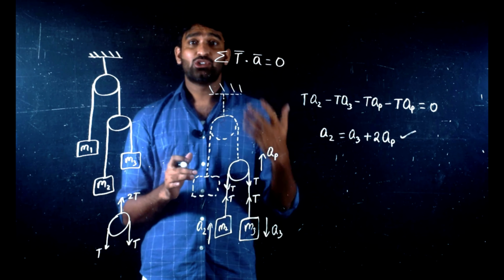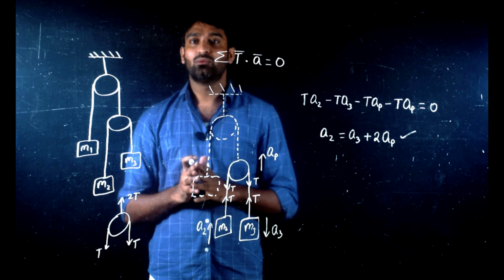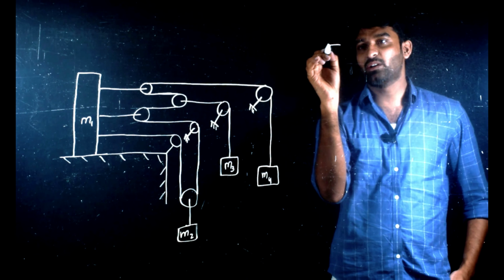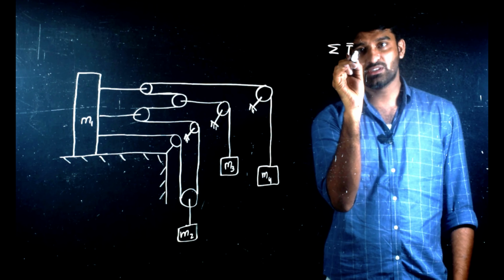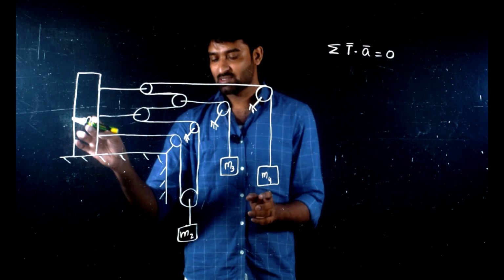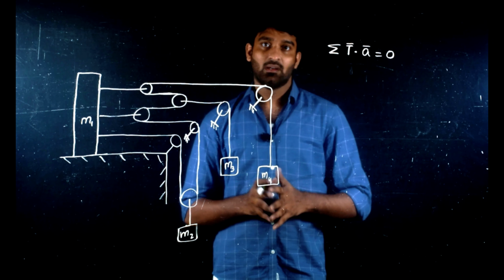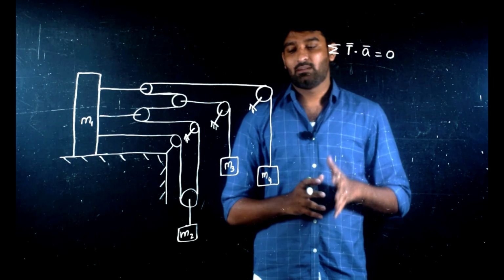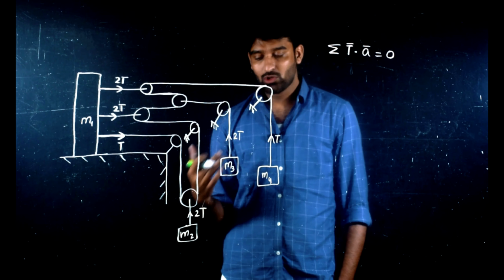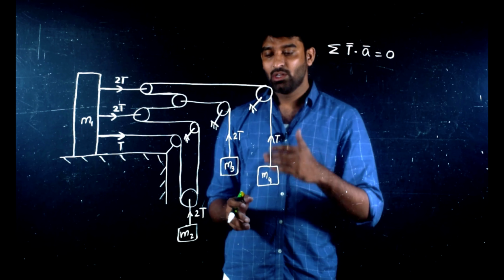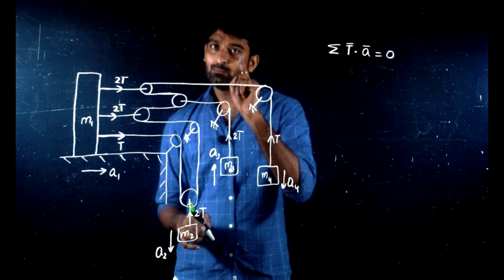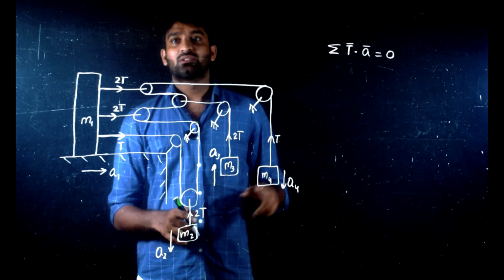Now I'm going to explain the same equation in an example which I will randomly create right now. I'll make sure that the example diagram I'm creating will be as complicated as possible. Let us apply the equation sigma T bar dot A bar equals 0. I'm selecting the system as all bodies having masses, which means these 4 blocks. Rule 1: all tensions are expressed as multiples of the tension in one of the strings. Rule 2: for these 3 hanging ones, you can take either vertically upwards or vertically downwards. But for M1, there is only one possibility of acceleration, that is the right side.